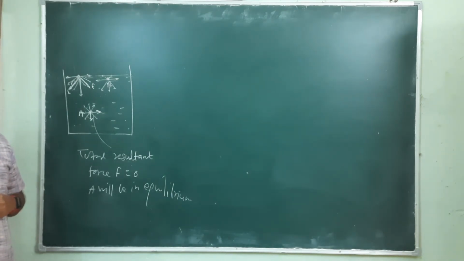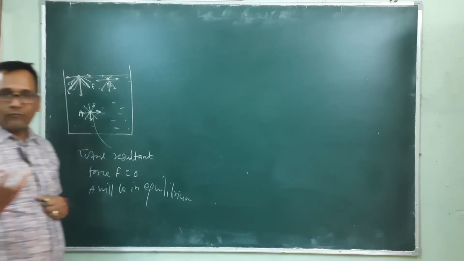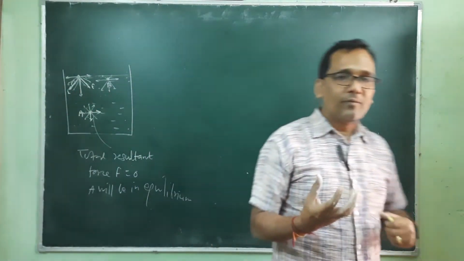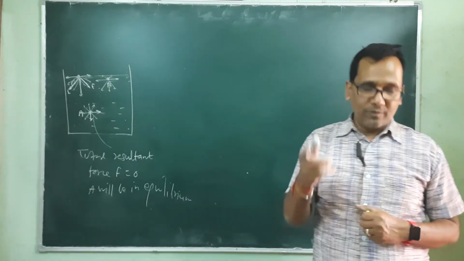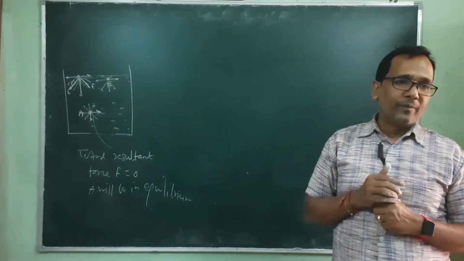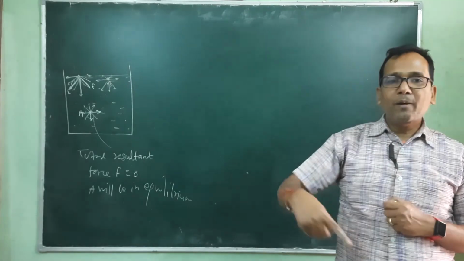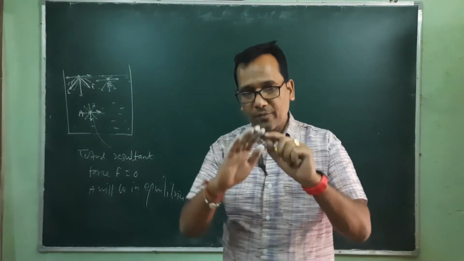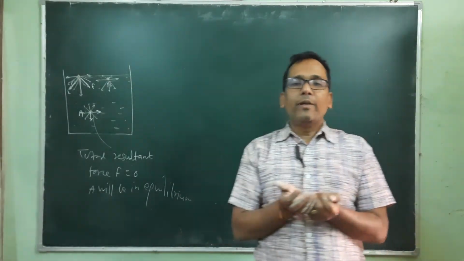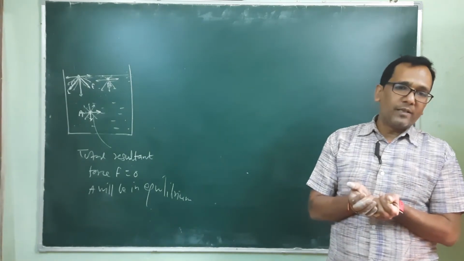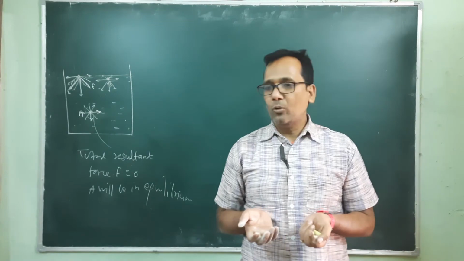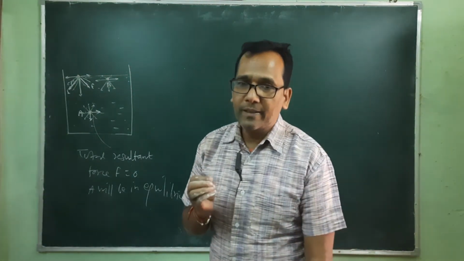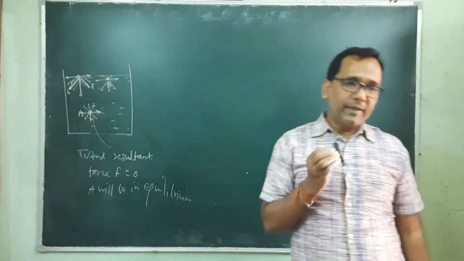So in the case of a liquid drop, why is it in spherical form? Because in every direction the force is toward the center of that liquid, and to balance that, the minimum potential energy is stored on the surface of that liquid, and that requires the minimum surface area. And we know that the surface area, especially in the case of spherical shape, is minimum.